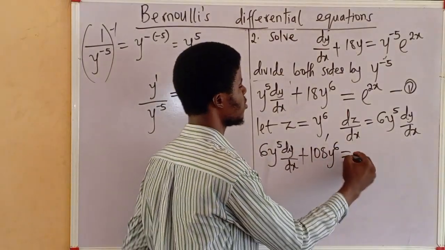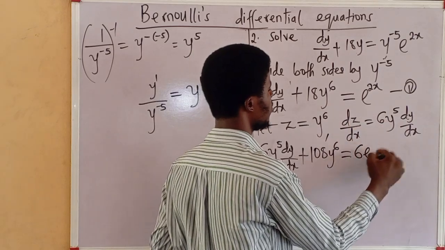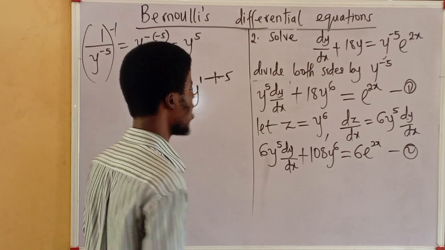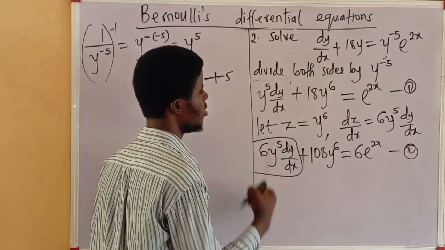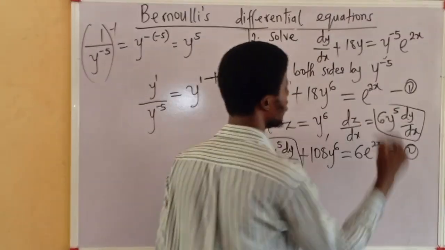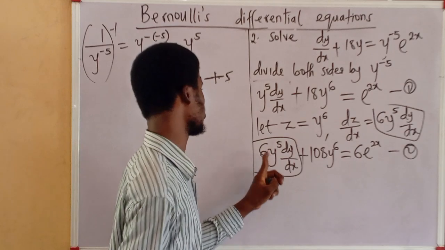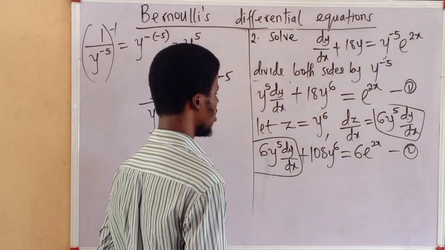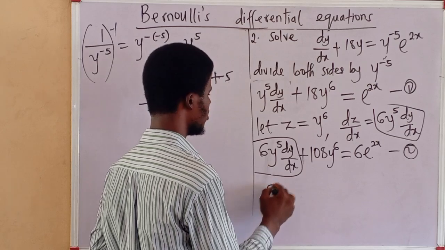108y to the power of 6. And this is 6e to the power of 2x. This is equation 2. Okay, so what we have here now is exactly what is here. So we can now say, in place of this, we are writing dz/dx. That is the point. So we have now dz/dx